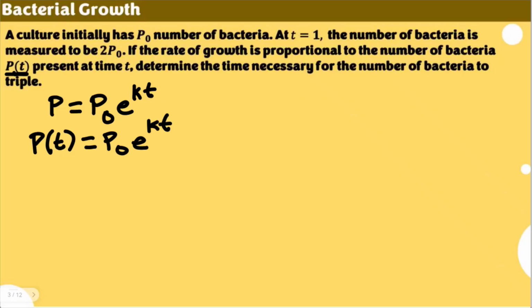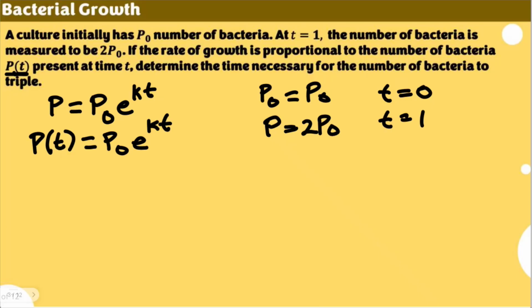So for us to be able to understand this problem, initially we don't know the initial amount, so let's just keep it as P sub 0. That is at t equal to 0, meaning the initial time. At t equal to 1, our population became twice P sub 0, at P sub 1. Then we are tasked to identify the time, T sub 2, for the number of bacteria to triple. So for three times P sub 0, we're going to look for the time intended. Let's just use P sub 2 and T sub 2. This is what we don't know, right? That's what we're trying to solve here.